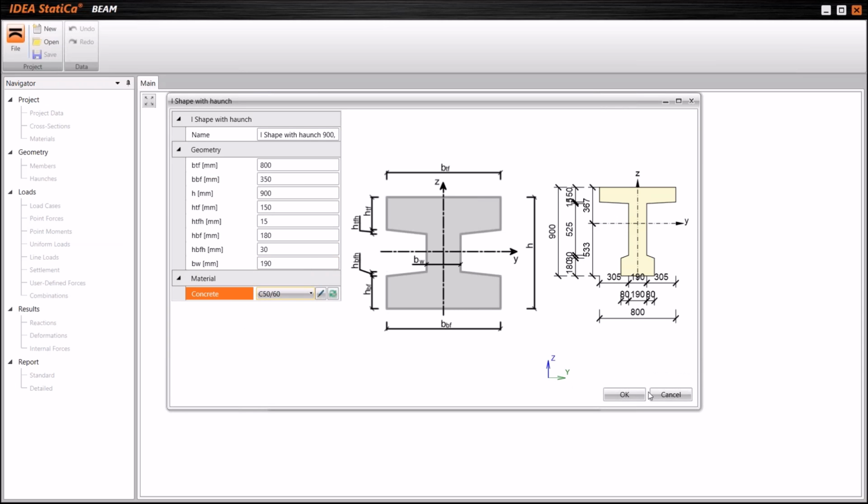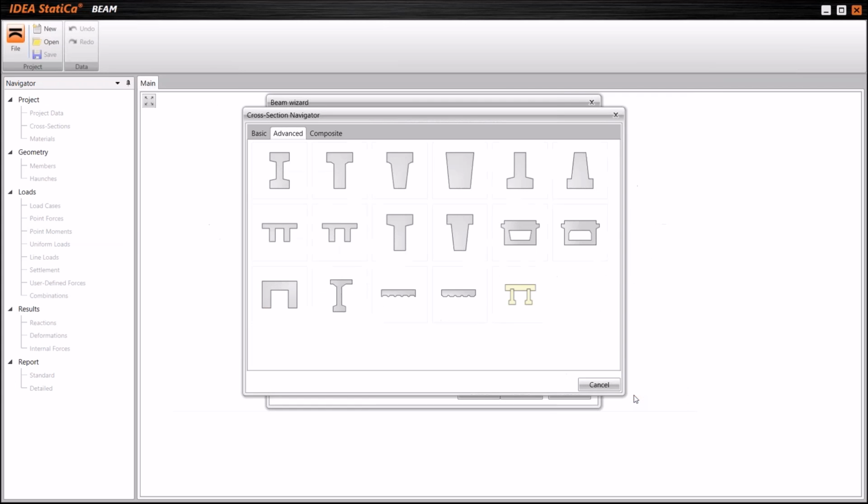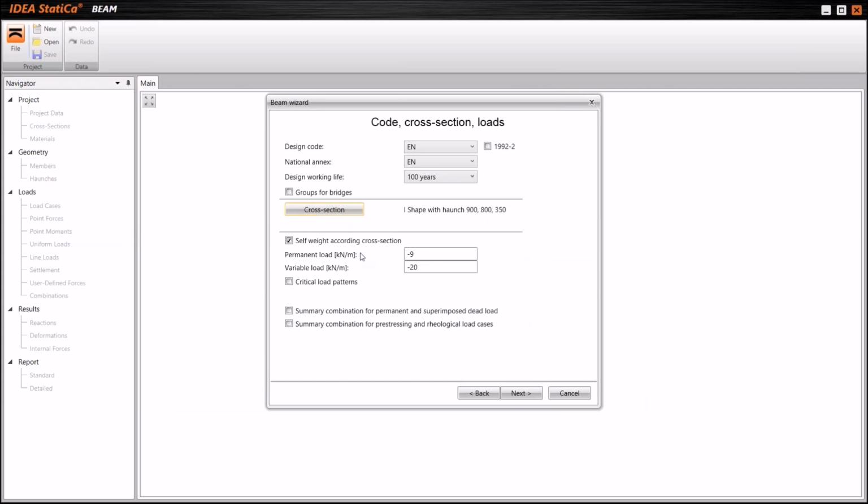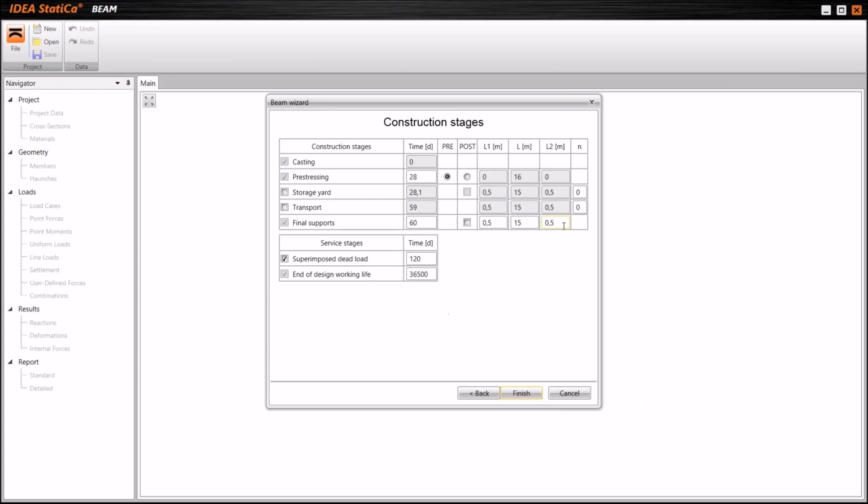Concrete grade is C50/60. Then we have to decide if we want to generate the self weight of the beam according to the cross-section automatically, permanent load, and some variable load. This is a substitute variable load. I do not want to use these features of critical patterns, and I can go to the next